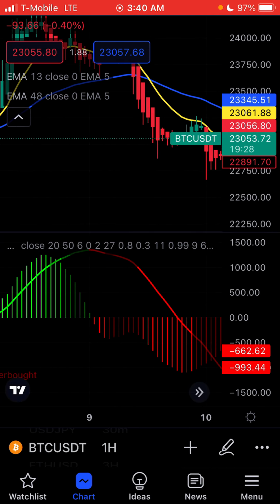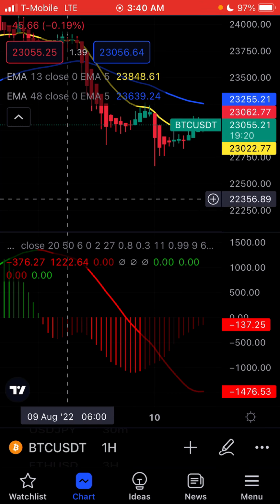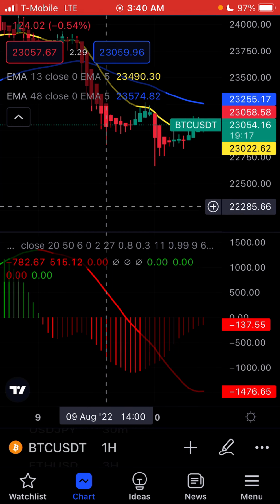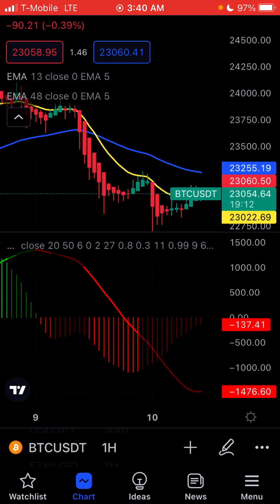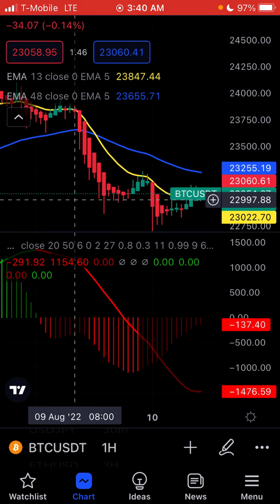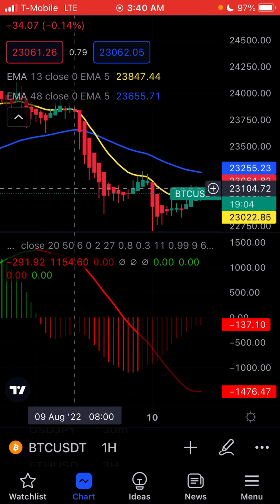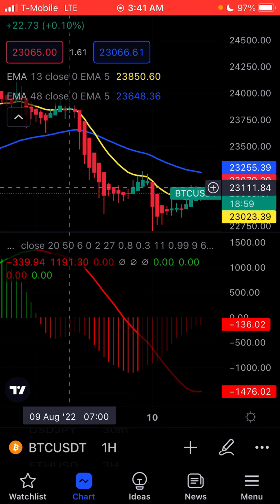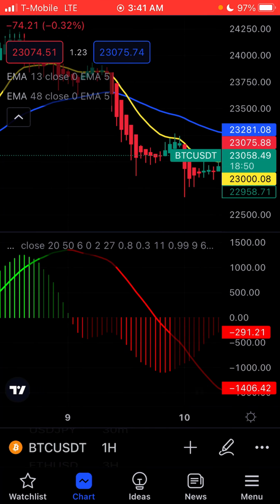Because Bitcoin is more volatile, it doesn't work as well as stocks, because right here you see dark red, and then it goes down even more. Let's say you got in right here. You look for the dark red right around here. You were shooting for it to go up, which is what we do. In this scenario, it would go up with the stocks. This is not the case for this one because we saw dark red and then it went down even more, because Bitcoin is more volatile than the stocks. But